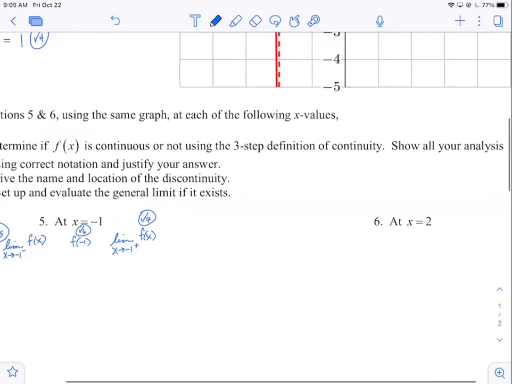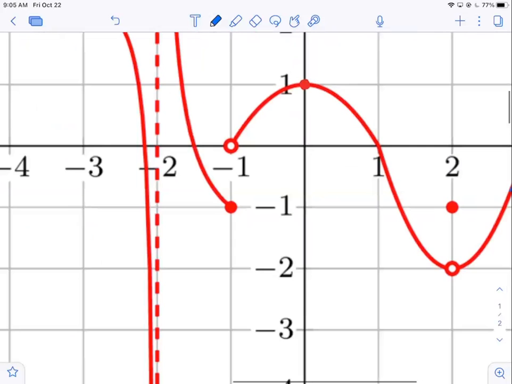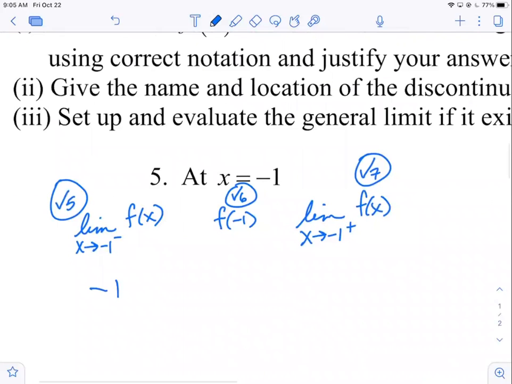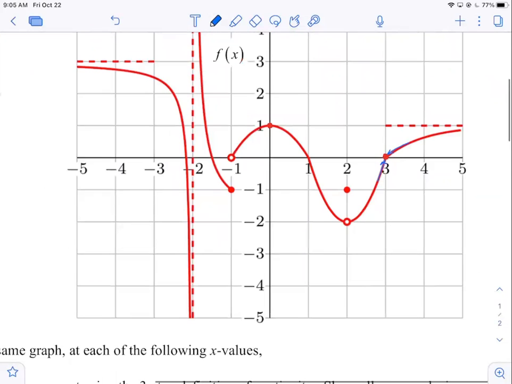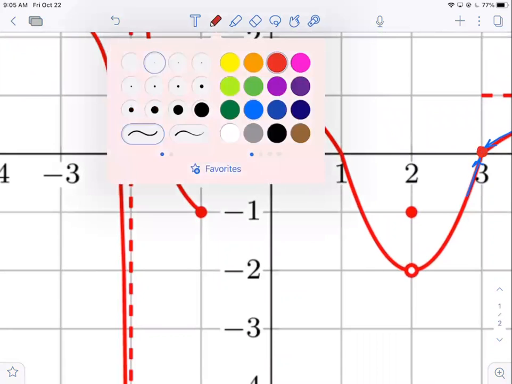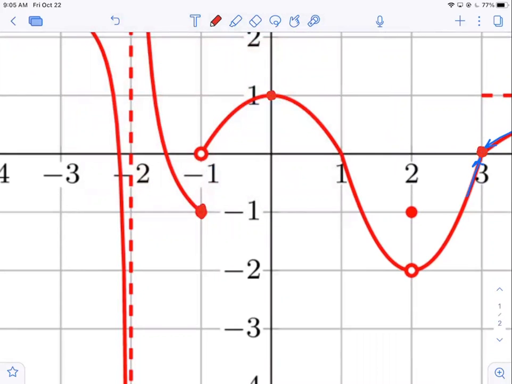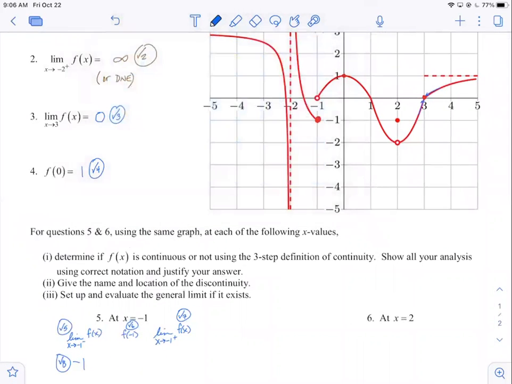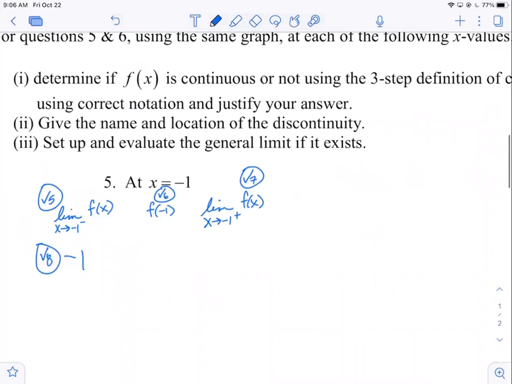All right, now we evaluate it. The limit as x goes to -1 from the left is -1. So that'll be the 8th check. F of -1. Now we look up and down for the dot. You see the dot? Yeah, I see the dot. It's the same as the left-sided limit, right? It's -1. That's good. So we'll put -1 there, and that's the 9th check. And then the limit from the right of